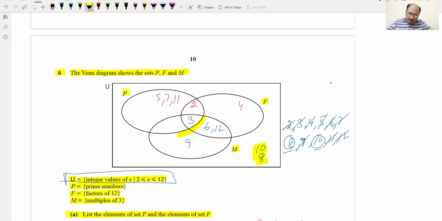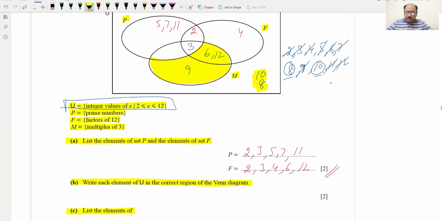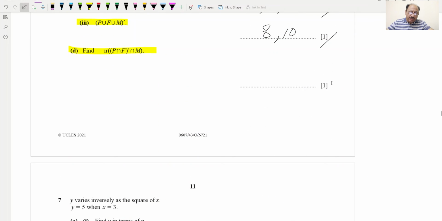That will be this region. Hopefully you are comfortable with the Venn diagram questions, and you are understanding whatever I am explaining. This is three numbers in this shaded region. So n of this, the number of elements, will be 3 for this 1 mark